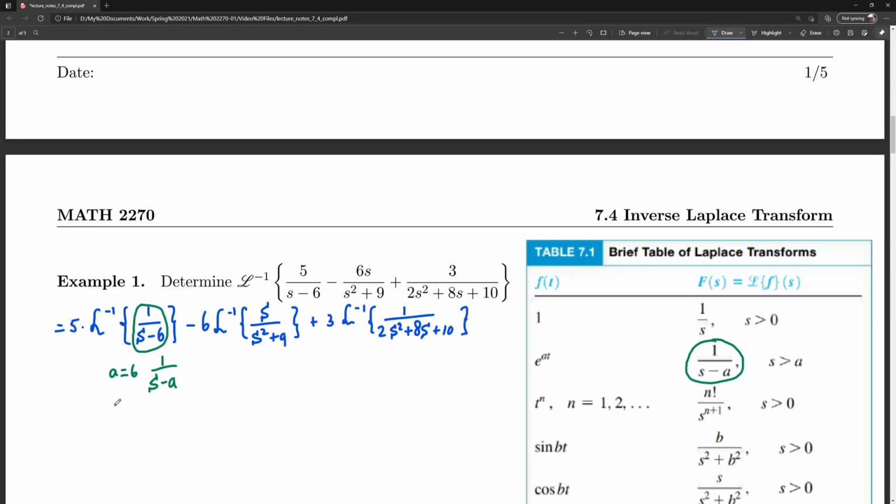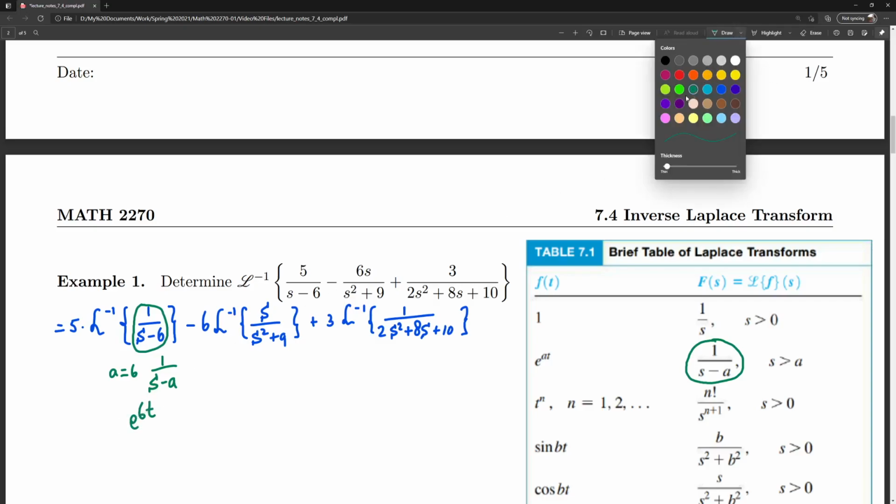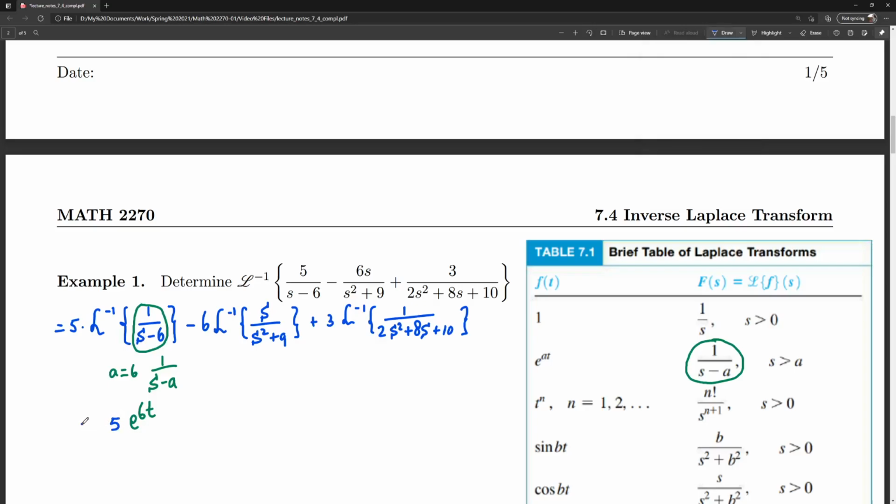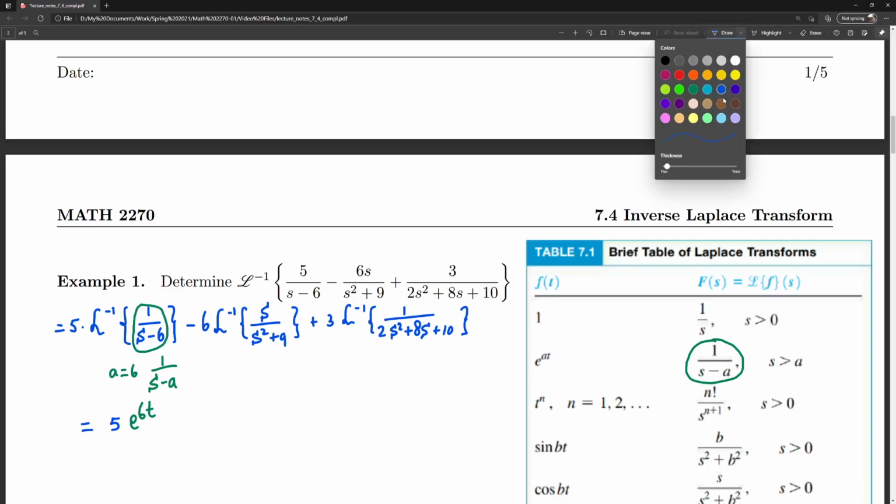And so that Laplace inverse is e to the power at, with a being 6. So this Laplace inverse is e to the power 6t. And then we still have that 5 in front. So for the second expression,